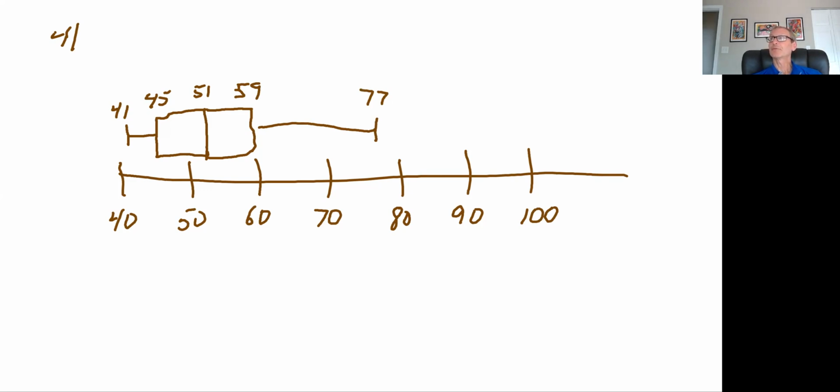I never found a really easy way to do it on an Excel spreadsheet. There's a complicated way of doing it, which I'm not going to go through. And so if you walk through the example in the book, you could see that step 6 basically says remove the 100 because it's an outlier. And so we go all the way up to 77. So you'll see in the book,